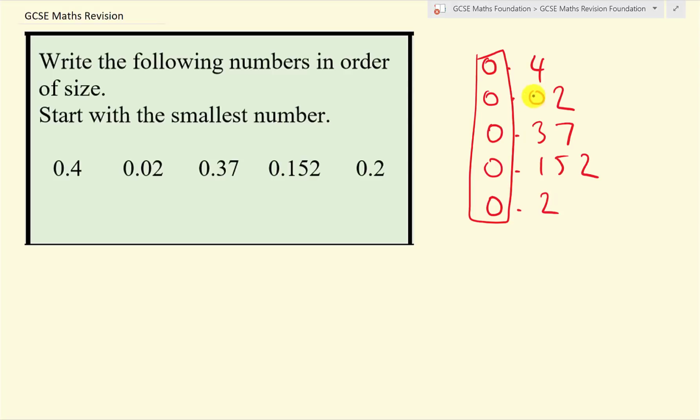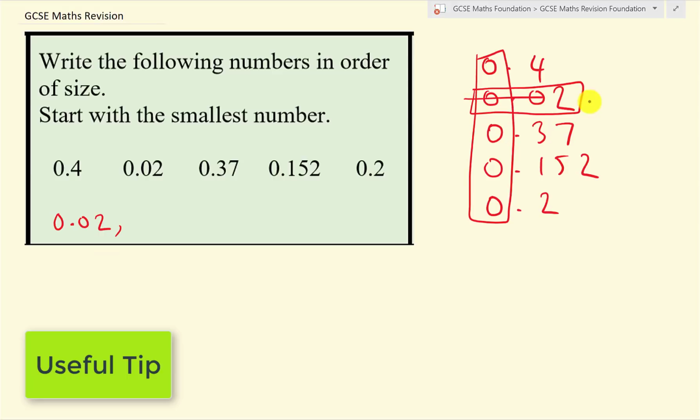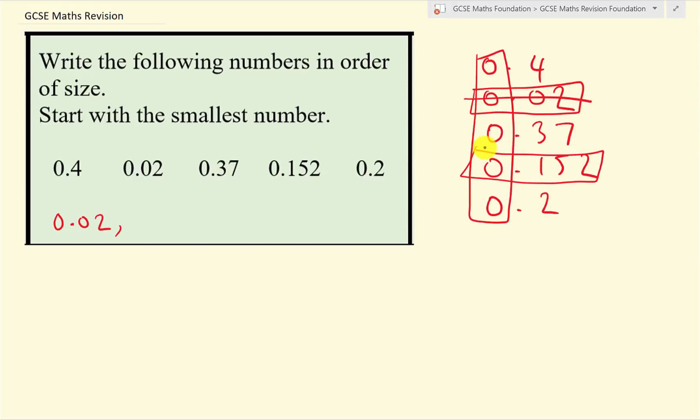Out of the tenths we can see this one here, 0.02, has the smallest tenth, so we can see this is the smallest number. So 0.02 is the smallest to start off with. Cross it out so you don't repeat it again. Then out of these 4 we can see 1 is the smallest, so 0.152, cross it out, and then the next one is 0.2, cross it out,